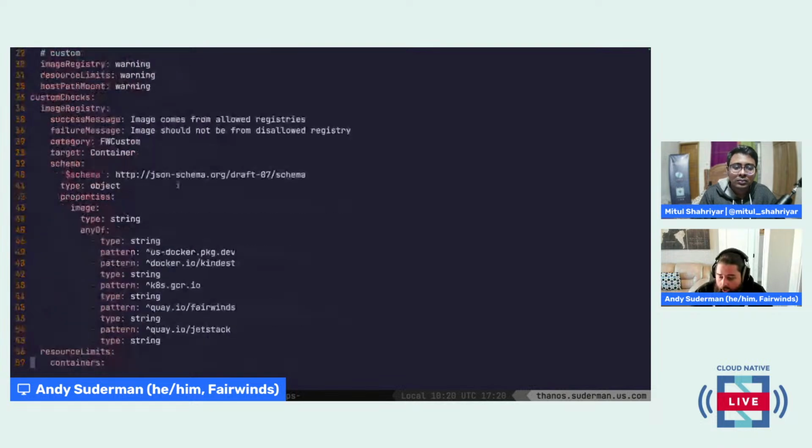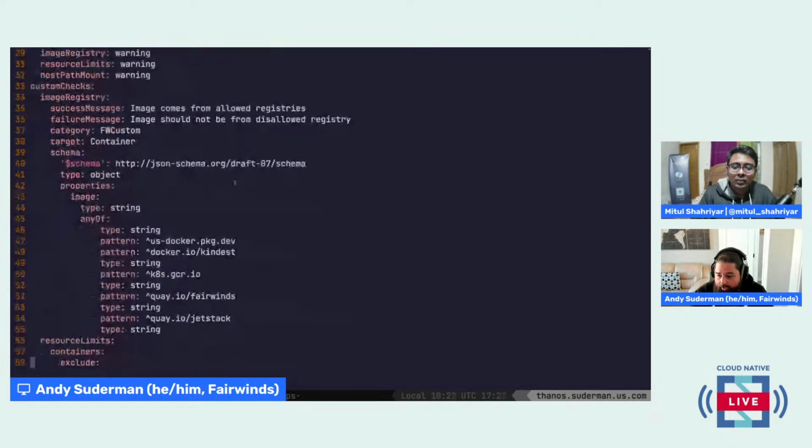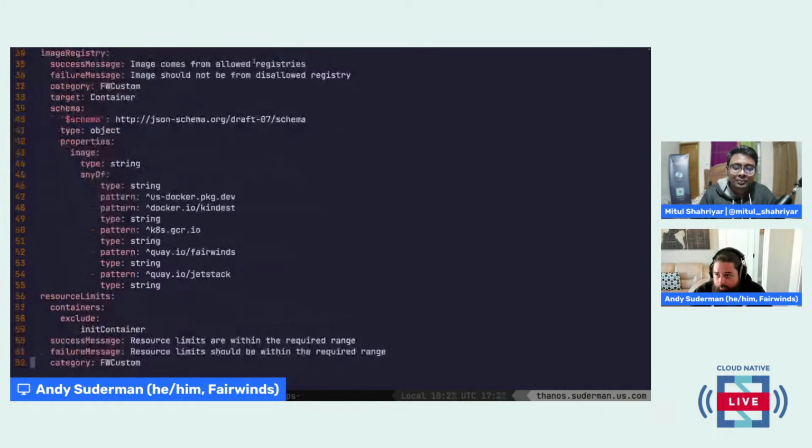So as an example, I've added a custom check for image registry that says your images have to come from specifically allowed registries. We're targeting containers with that. So this will apply to any controller that creates a pod that has containers in it. You don't have to write anything fancy for that.